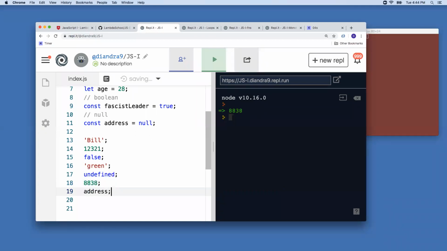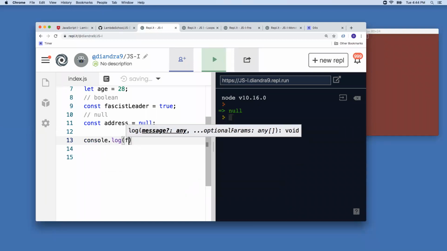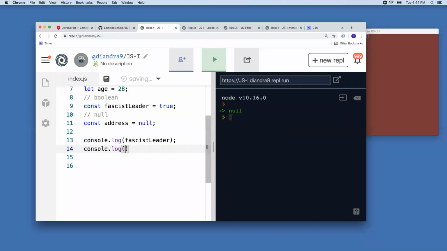So if we typed address as our last value here, what would appear in green? So now the word address, null, because address points to null. So just be aware in Replit that the very last value you type will appear in green and nothing else. However, sometimes we want other stuff to appear. So if I wanted to see multiple values, I could always use something called console.log. So if I said console.log fascist leader and console.log address,